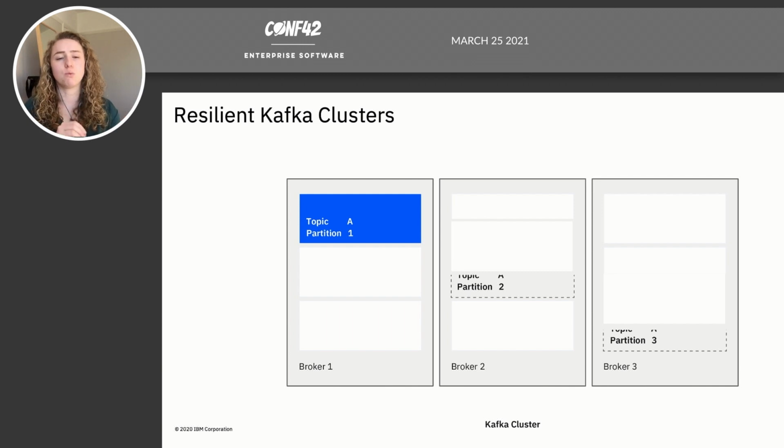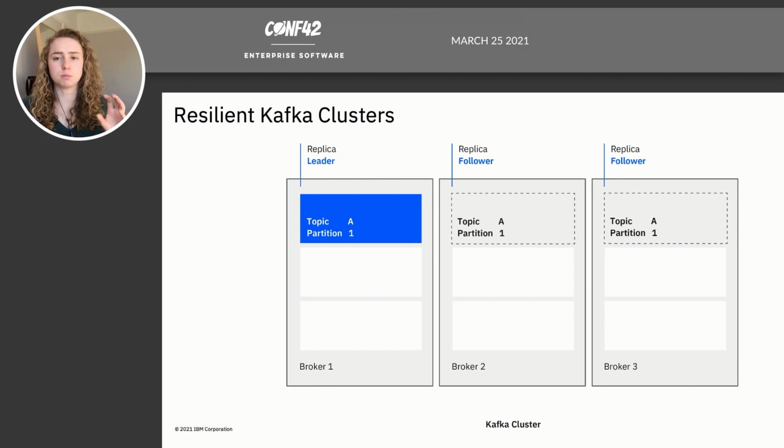Within a topic, you'll have one or more partitions. Now partitions are distributed across the Kafka brokers. As you can see here, we've got partition 1 on broker 1, partition 2 on broker 2, and partition 3 on broker 3. When it comes to the brokers themselves, we have something called leaders and followers. So for each topic, one of the brokers is elected. This is all automatic by Kafka, but it's elected as the leader,